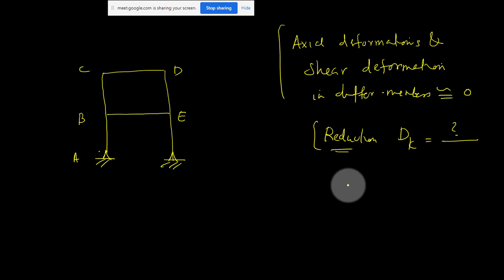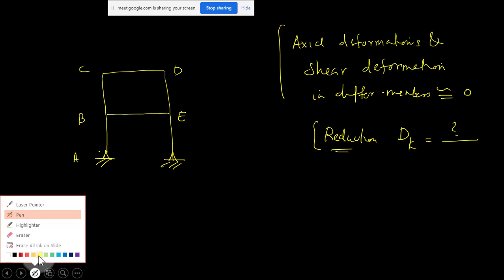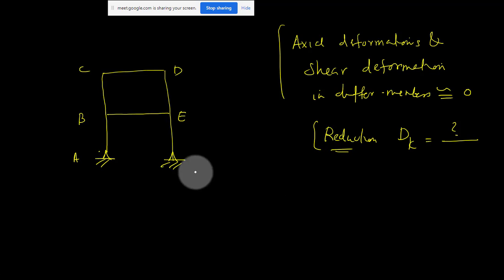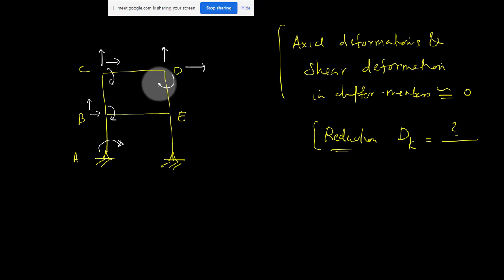I will solve it with and without, and then you can see the reduction, but there is a shortcut also. I think without solving also you can solve this question. So I will just draw it because I don't want to use the equation. You know the equation, how to use it. This joint can rotate, but it cannot move in x and y direction. Only 1 degree of freedom is possible at this joint, and at this joint it can move in x, y, and also rotate. So 2 translations and 1 rotation are possible. And here 2 translations and 1 rotation are possible, and at joint E 2 translations and 1 rotation are possible.